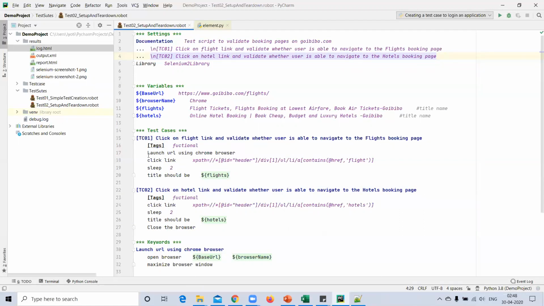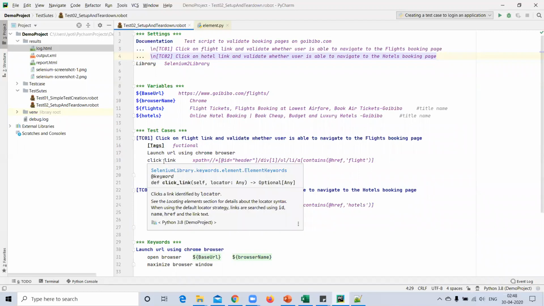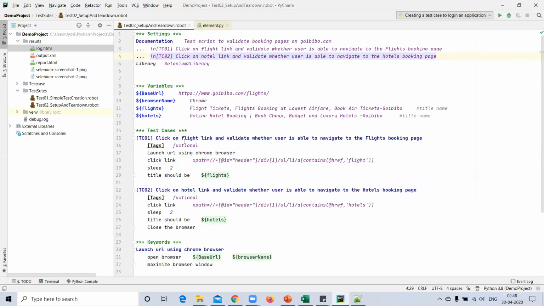So we are calling this method once before starting the first test case and once after completing the second test case. It means we are executing this scenario before the suite execution and this after suite execution.